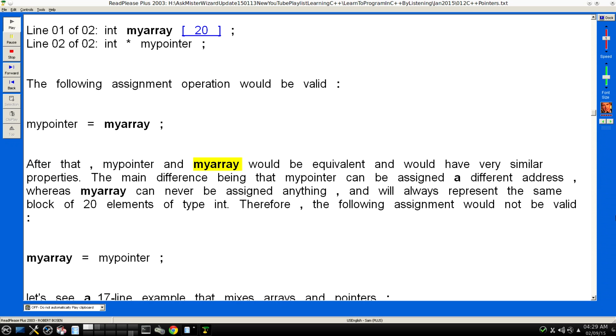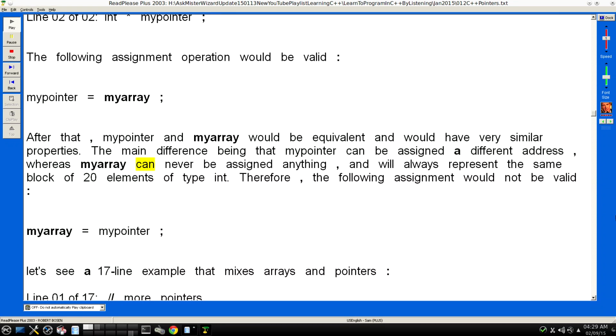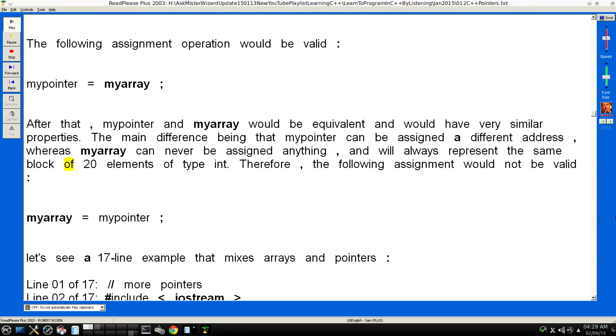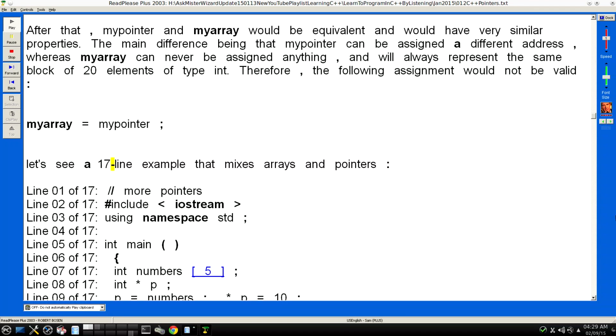After that, mypointer and myarray would be equivalent and would have very similar properties. The main difference being that mypointer can be assigned a different address, whereas myarray can never be assigned anything, and will always represent the same block of 20 elements of type int. Therefore, the following assignment would not be valid: myarray = mypointer; Let's see a 17-line example that mixes arrays and pointers: